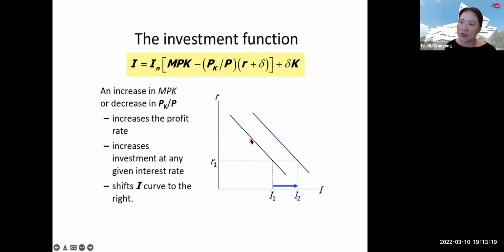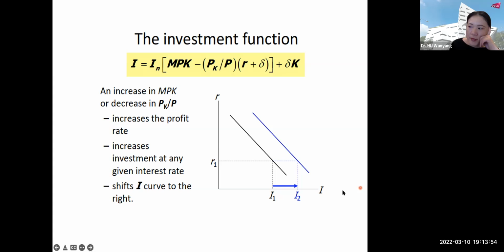So if the profit rate will increase, it means that even though there's no change in R, we only change MPK and PK divided by P, right? So we have no change in R. It means that at every R level, the investment will increase. This indicates an entire rightward shift of this curve. So we have an outward shift here. So at the same